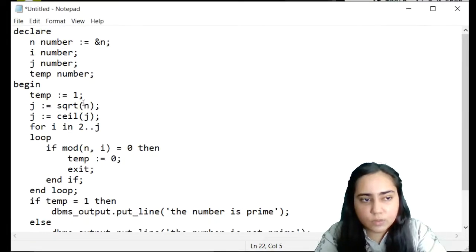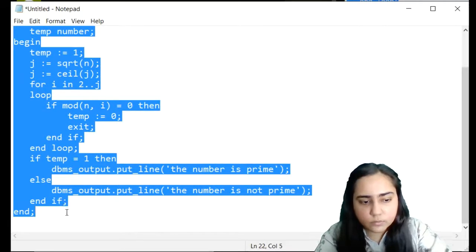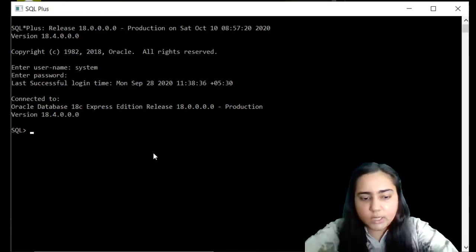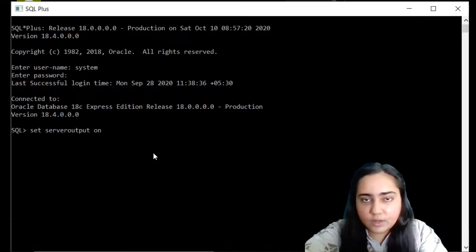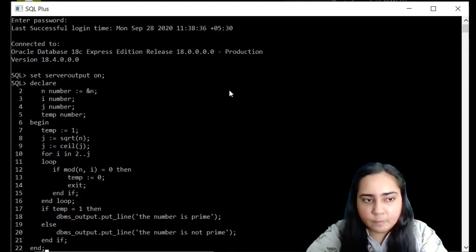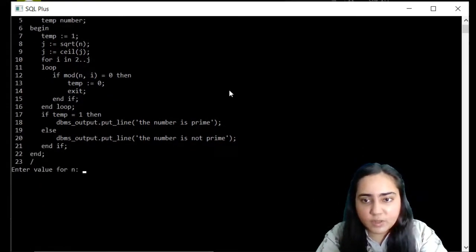And all I need to do now is copy this. So I copied it, Control C. Now I'll go to command line and I need to do set server output on. This will make sure that the dbms output.put line function prints something. So you always need to do this when you start your command line for the first time. Now go to the top bar, edit and paste. Program is pasted. Now I can hit enter / to run, and it is asking me for the value of